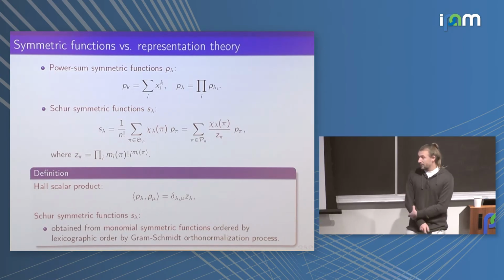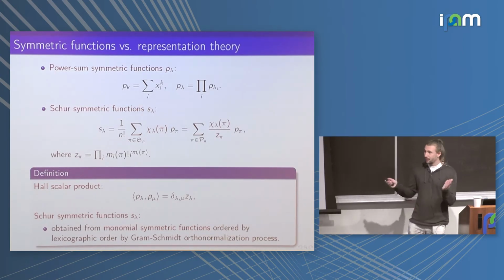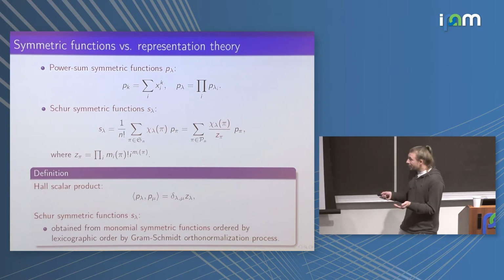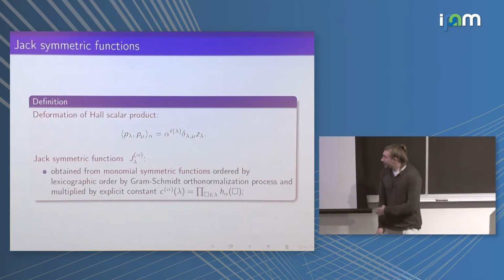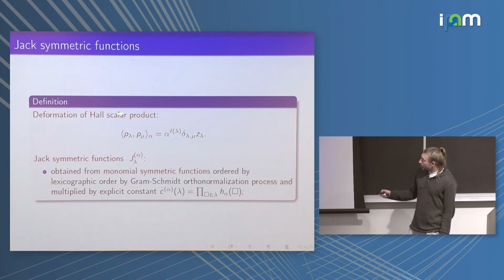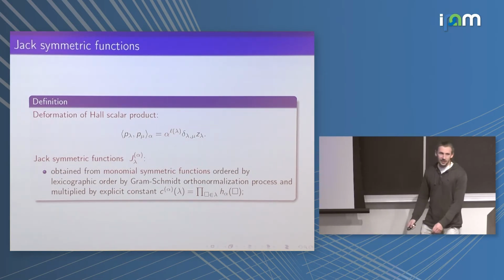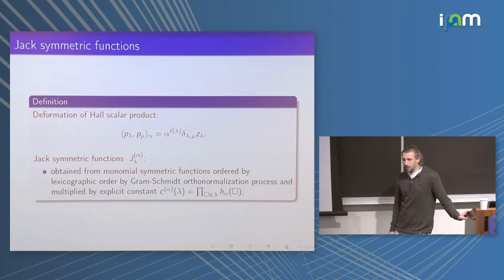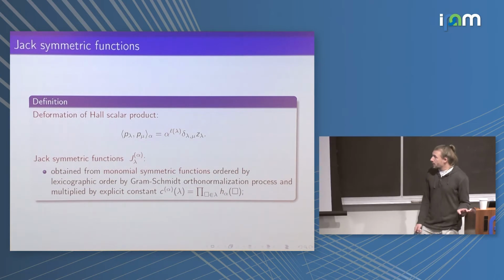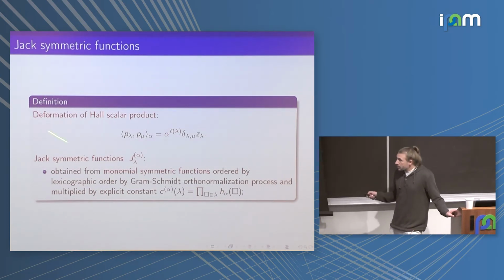I don't like this definition very much because it's not informing you too much about what Schur polynomials look like, but it has one advantage. It's easy to see that you can put some parameter here and write exactly the same definition, and you will get a new family of symmetric functions which can be treated as a one-parameter deformation of Schur symmetric functions. So this is a definition of Jack symmetric functions, and the definition is pretty much exactly